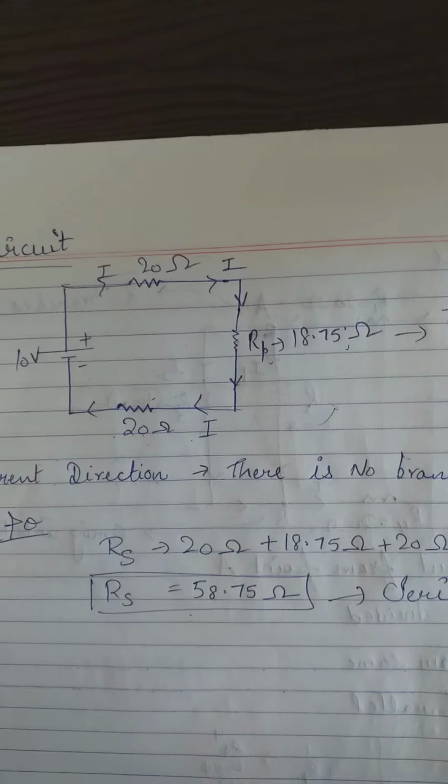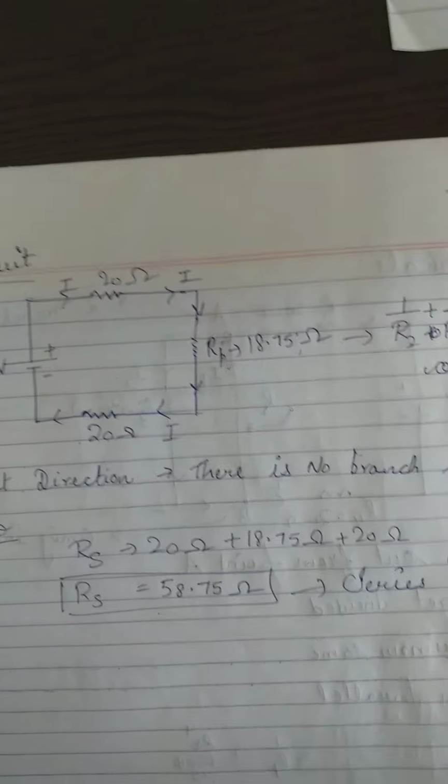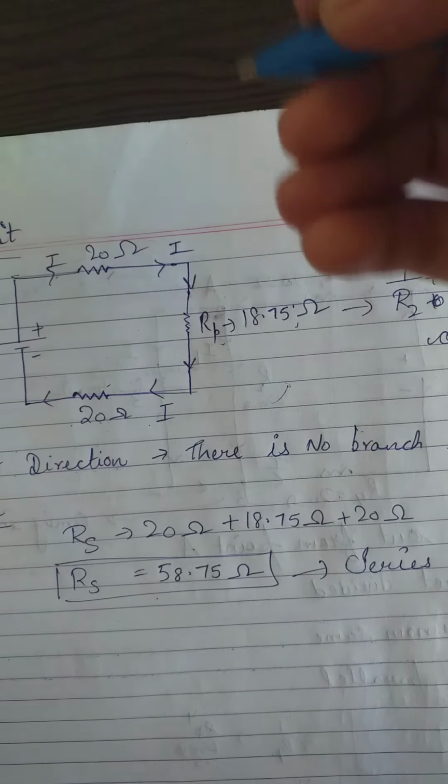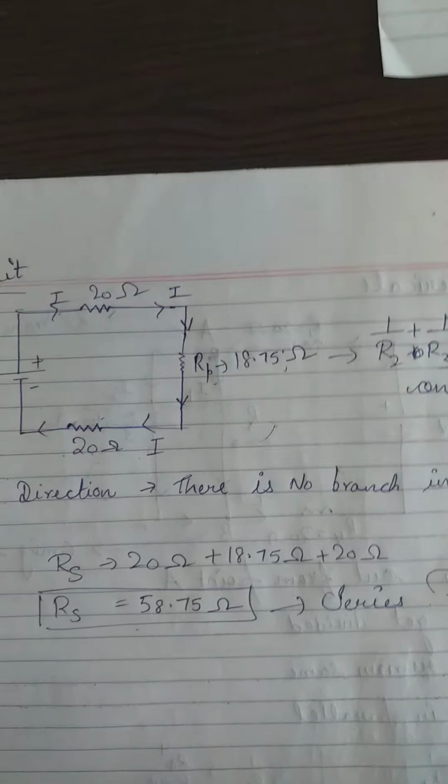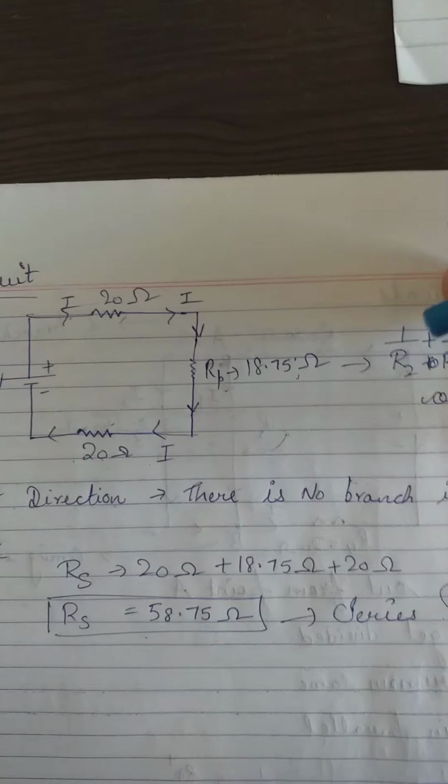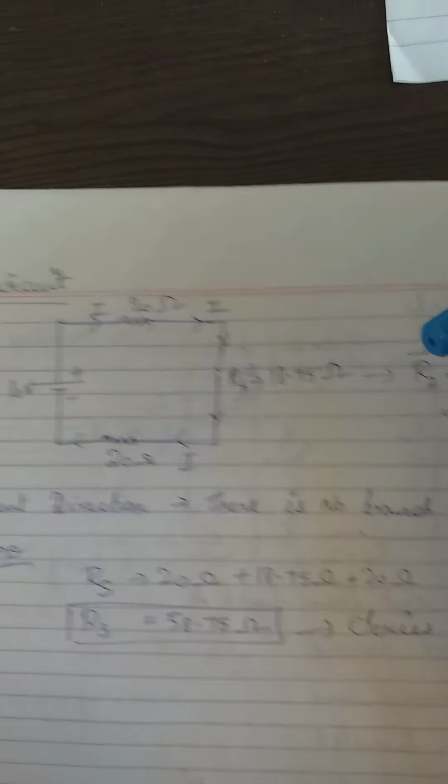As this numerical is very important, you generally have to see the junction point where the current divides. You generally have to apply the resistance formula. I hope that you understood this. Now move to the next numerical.